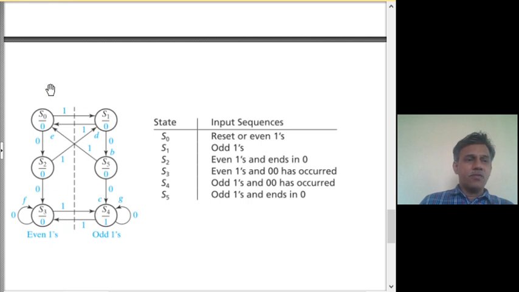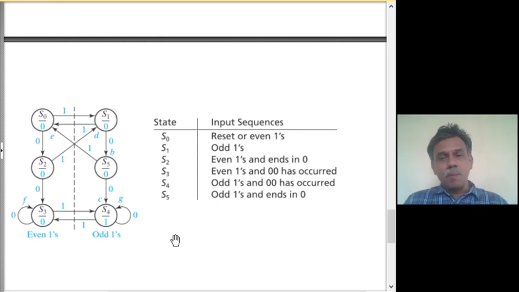And this is all the even part of the state graph. This is all the odd part of the state graph. So this way of thinking and arriving at the state graph will make it easier to handle the case. But this comes with practice, and once you master these tricks of dividing the bigger problem into smaller problems and handling them separately, similar to a divide and conquer rule, then the design becomes neater, easier, and so on. So with this I will stop our discussion on the sequence detector. Thank you.